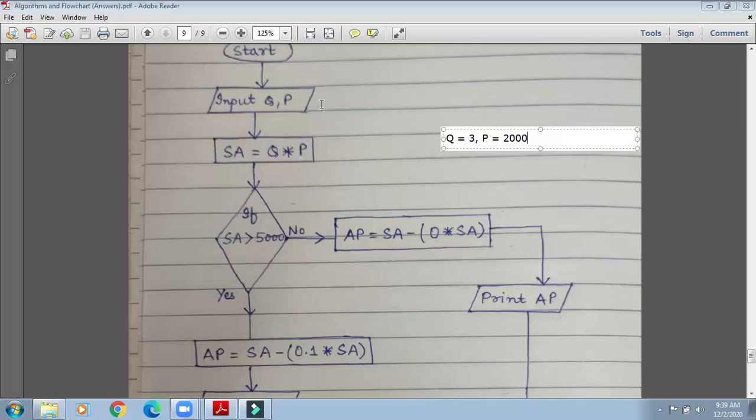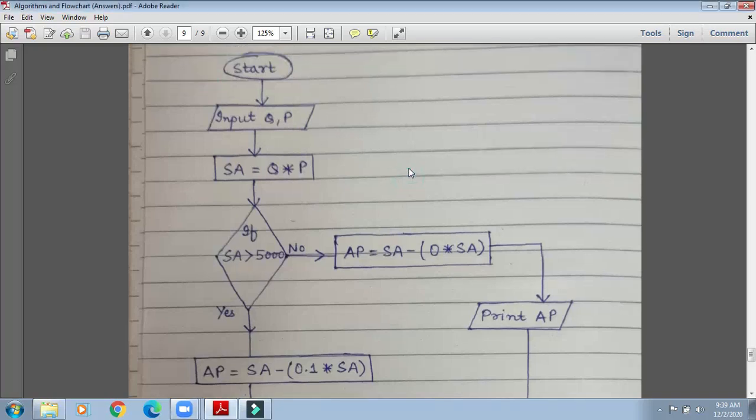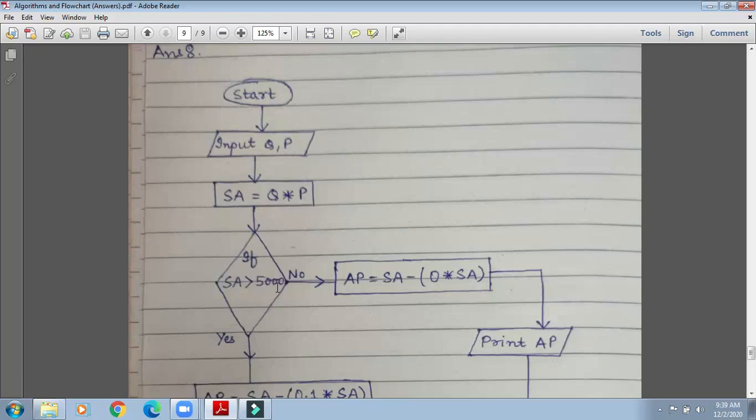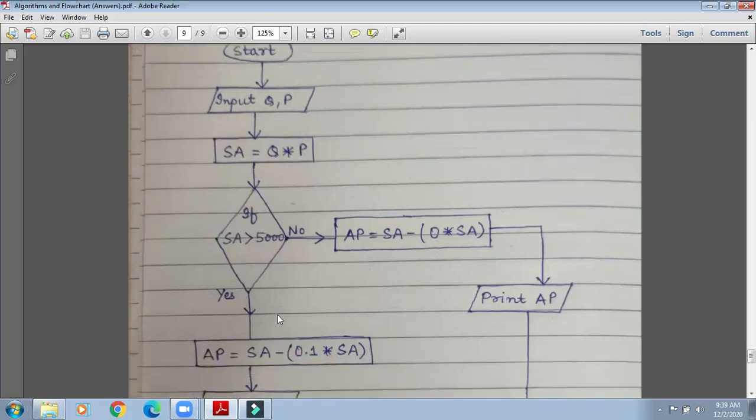Sir, first it will check if SA, that is Q into P, is greater than 5,000 or not. If SA is greater than 5,000, then it will come down. Yes. And then AP will be equal to SA minus 0.1 into SA. That is 200, and then we have to pay 5,800 to print.